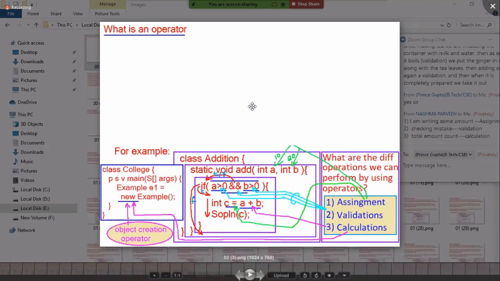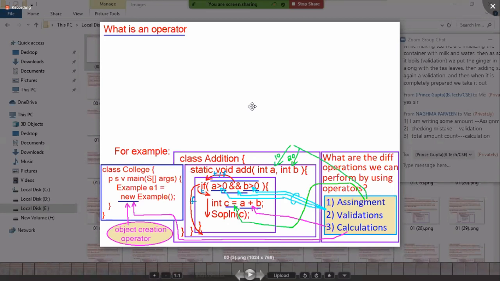Already I have answered. Look at that. Greater than is an operator, double and is an operator, single equal to assignment is an operator, plus is an operator, new is an operator. Carefully look at these statements, you will realize a very important point. Greater than, double and, equal to, plus, all are symbols that have some operations in the background. A symbol is associated with some logic in the background.